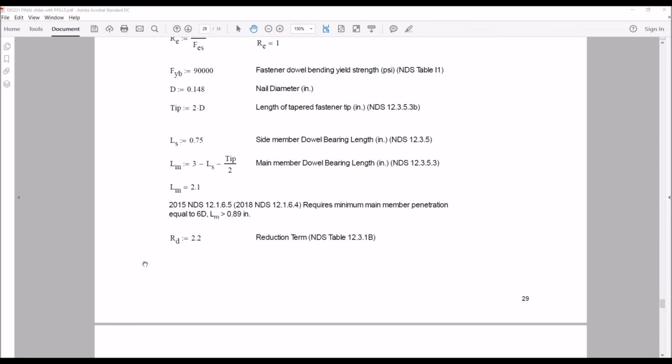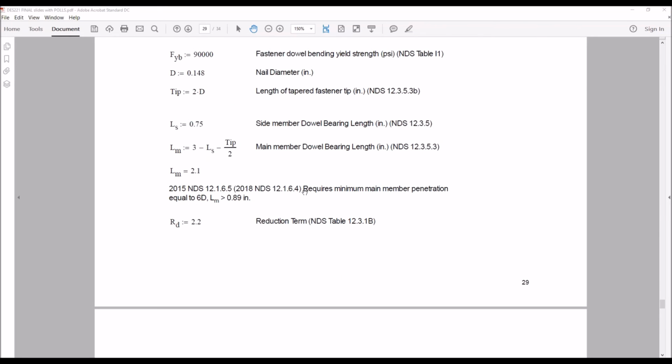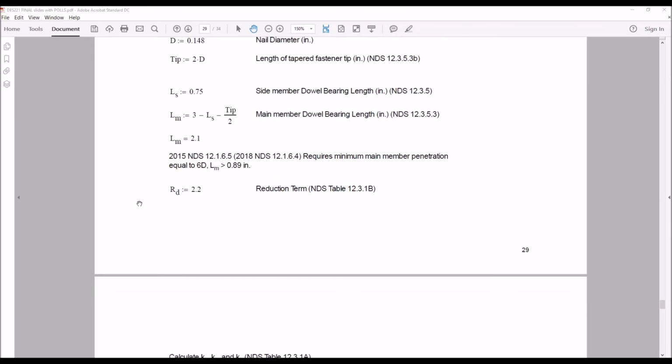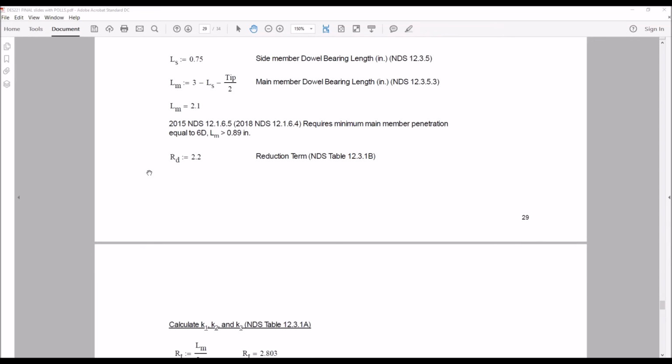There is a requirement in the NDS that the minimum main member penetration is equal to 6 times the diameter. So for us, that would be 0.89 inches. We're in excess of that, so we are good to proceed. The next number we need is this R sub D value. We calculate the reduction term, and that's just in NDS table